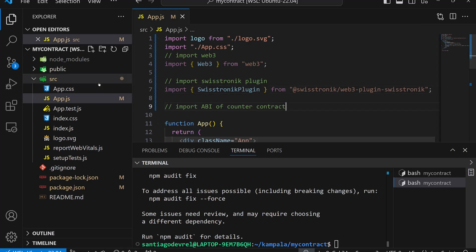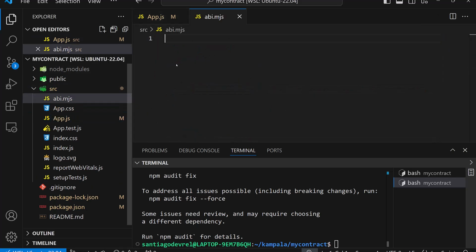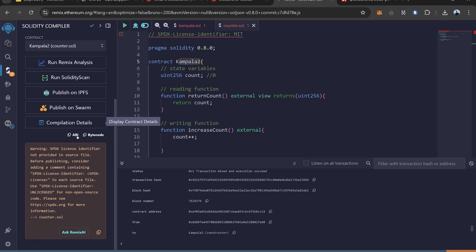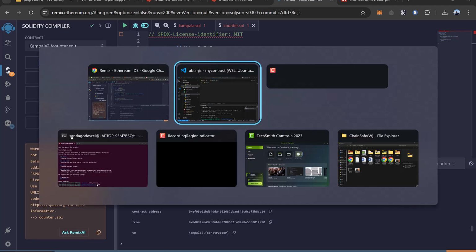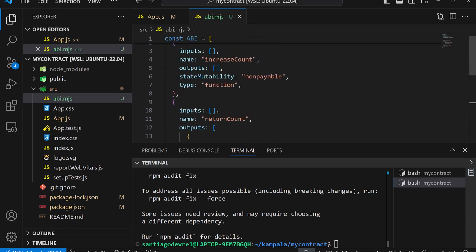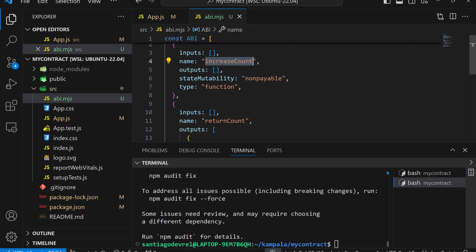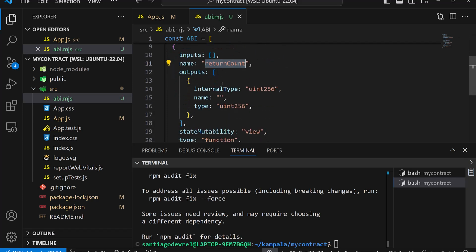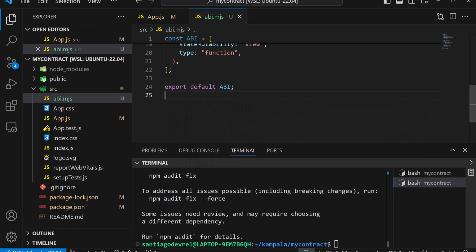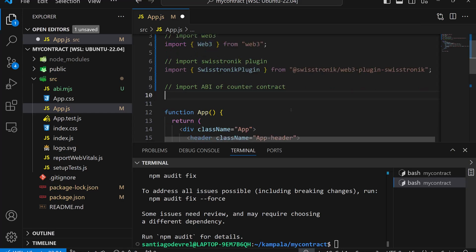Import the ABI, so we need to create again ABI.mjs. And then here is where you can see the ABI in Remix. So the ABI of my counter contract is here. So I just copy this, const ABI, and then you can see that the ABI is way shorter. It only has the functions increase count and return count. And then export default ABI,